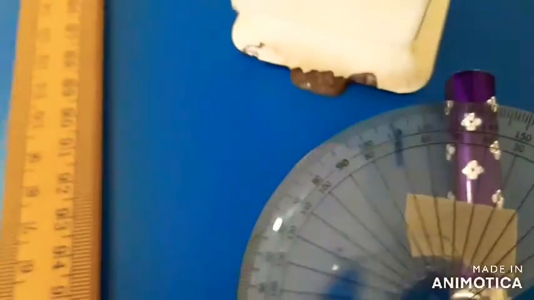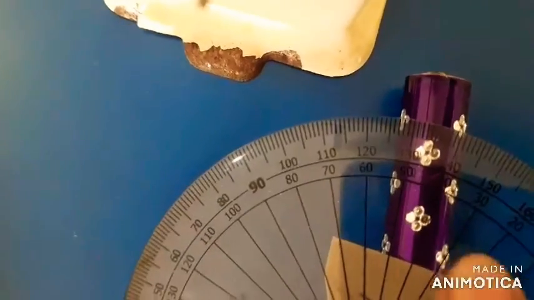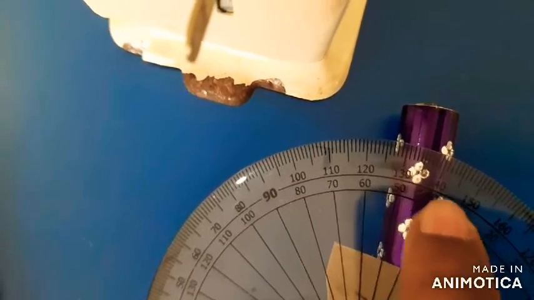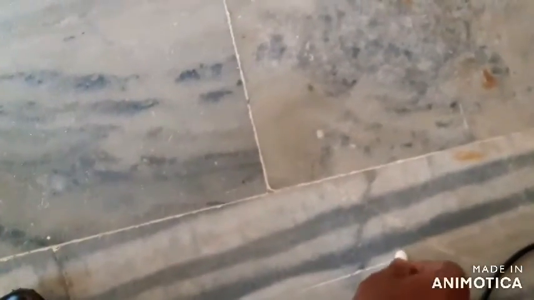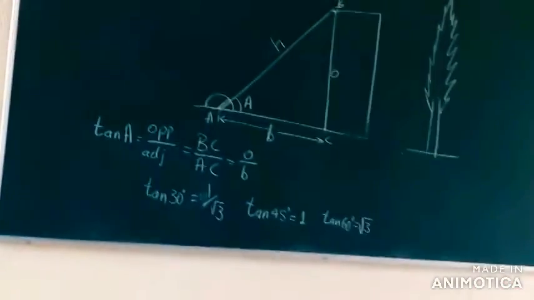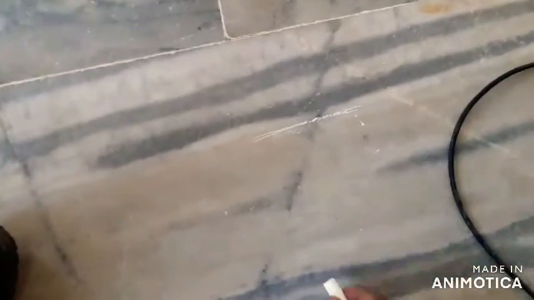You can observe it here. So, this is 40 degree and this is 50. What is there in between is 45 degree. So, the angle is 45 degree, and here is the point where we took the reading. This was the point from where we took the reading. So, this is the point according to the triangle we just discussed in theory. This is point A for us. So, this is going to be point A.